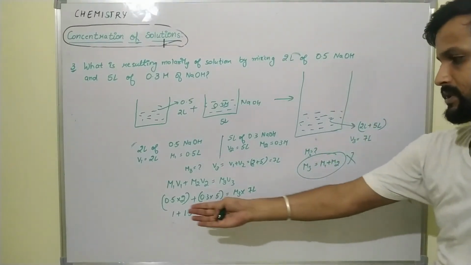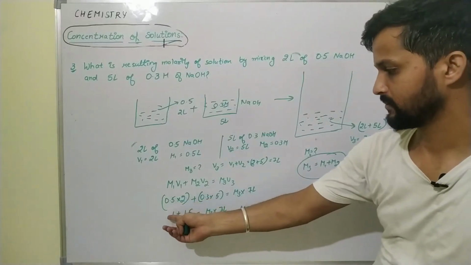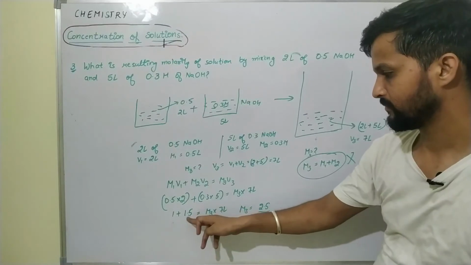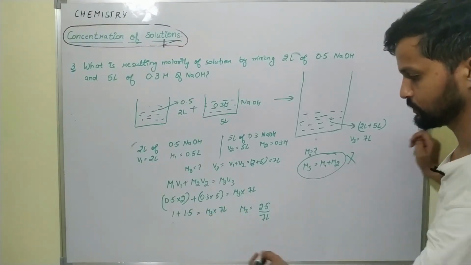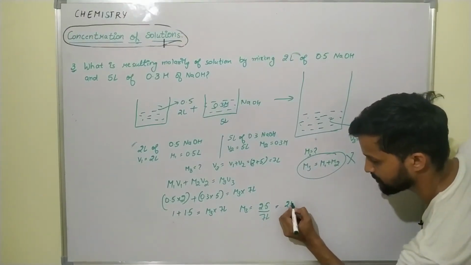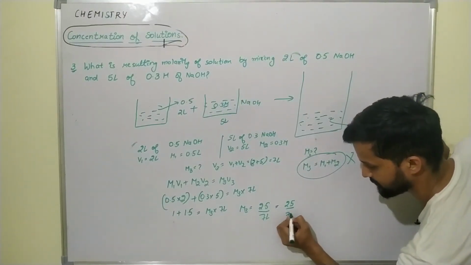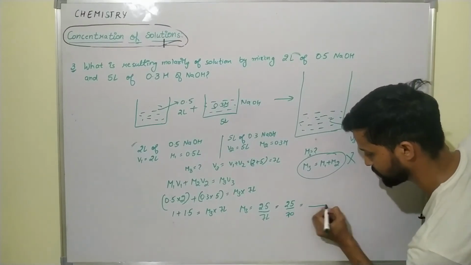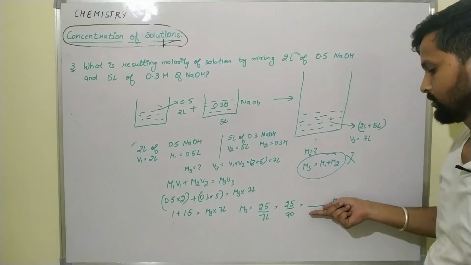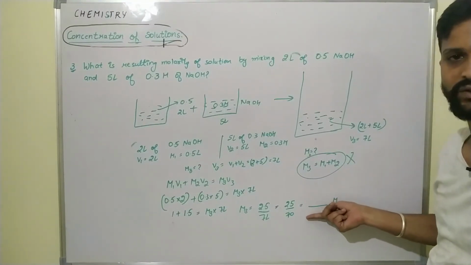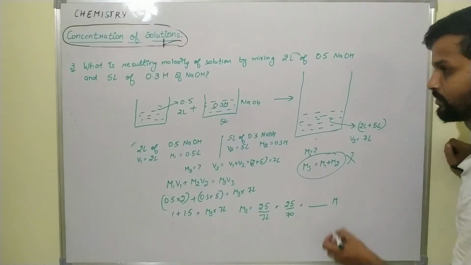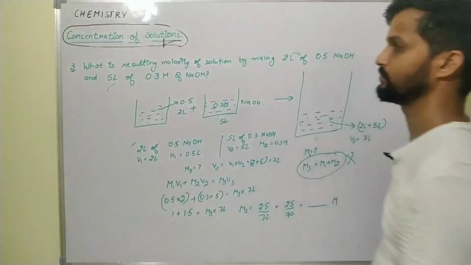So here you can check 5 by 10, 5 cut with 10 to 1, clear? 0.3 here, 3 by 10, 1.5 here, M3 this. So this is a method to calculate here. So here this will become 25 by 70. So students, you have to calculate the answer, and after calculating the answer you have to comment in the comment section what is the answer of this numerical. So this is the third type of the numerical.